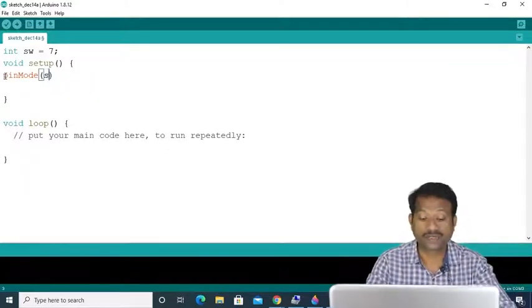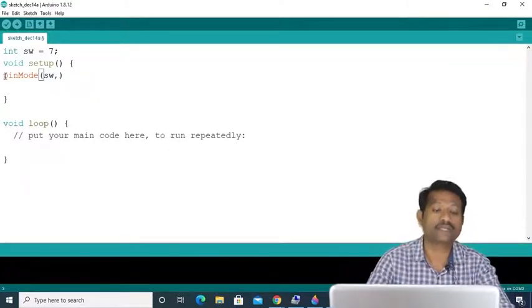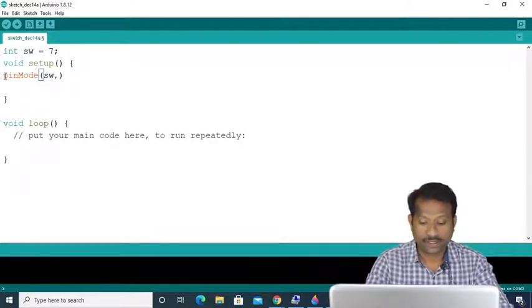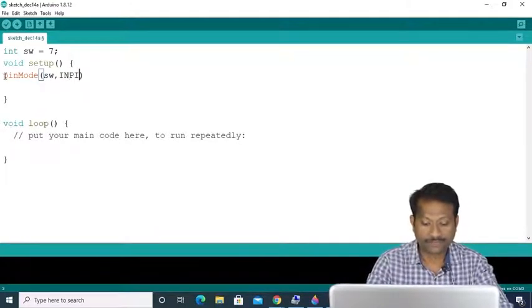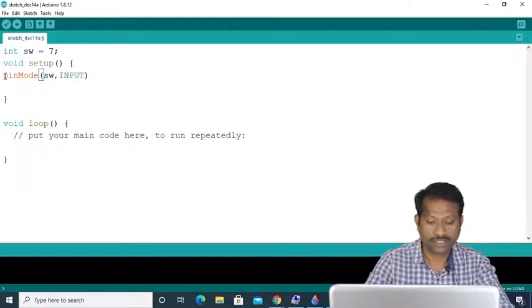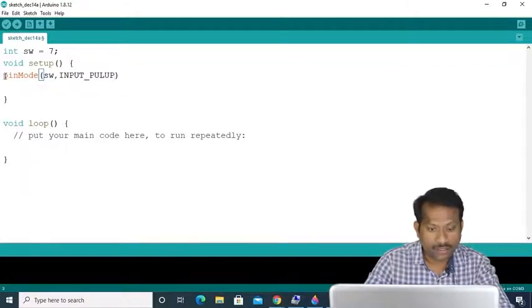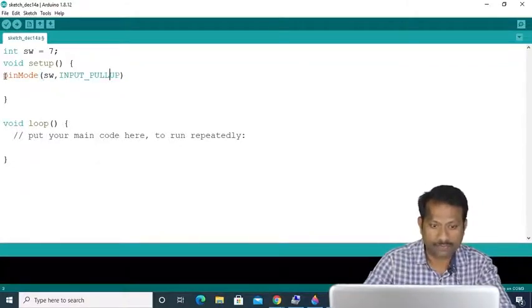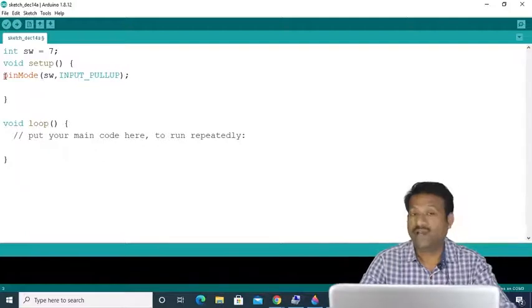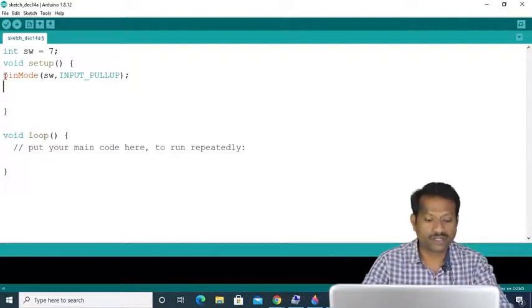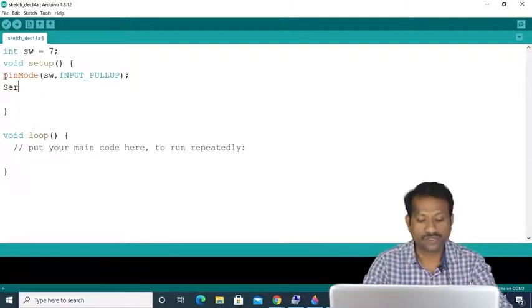Rather than using pin number 7, I write SW as we have named it above, comma INPUT_PULLUP.